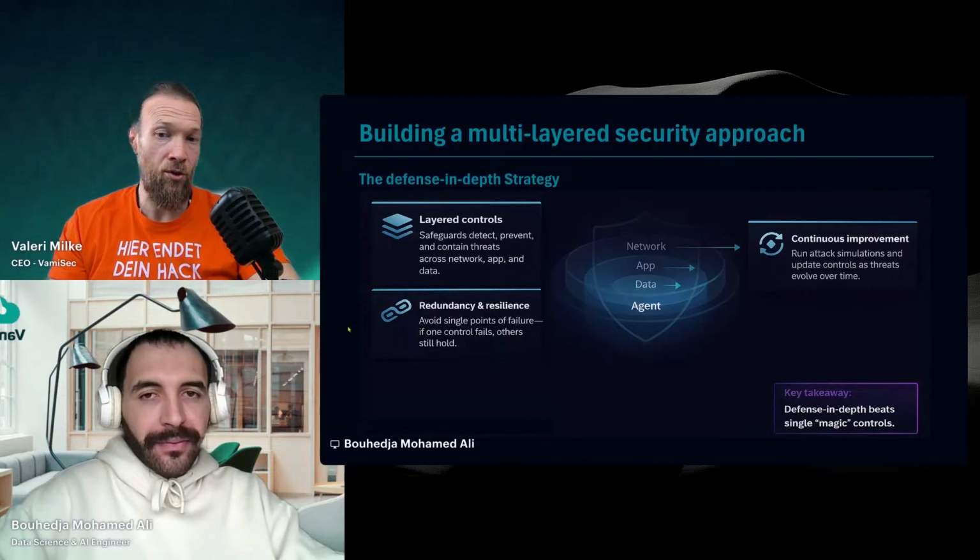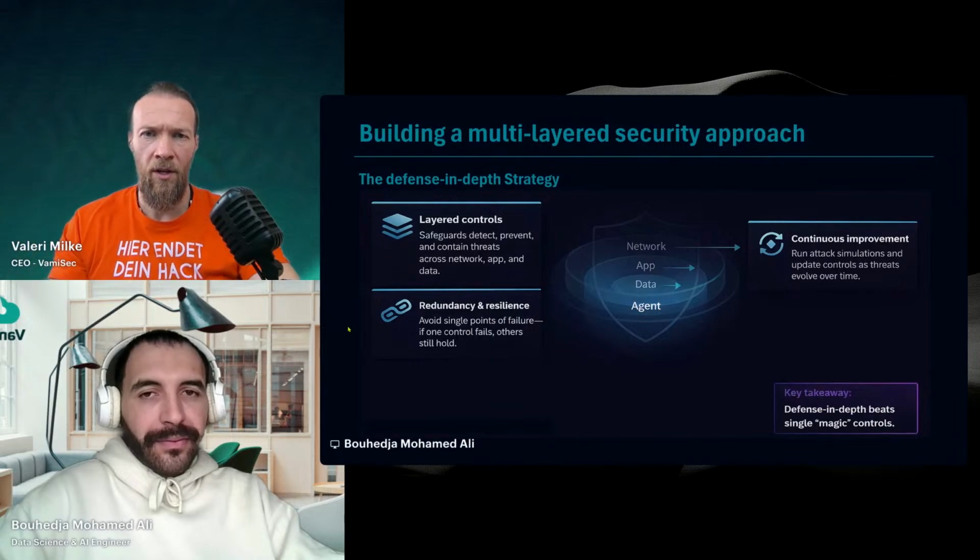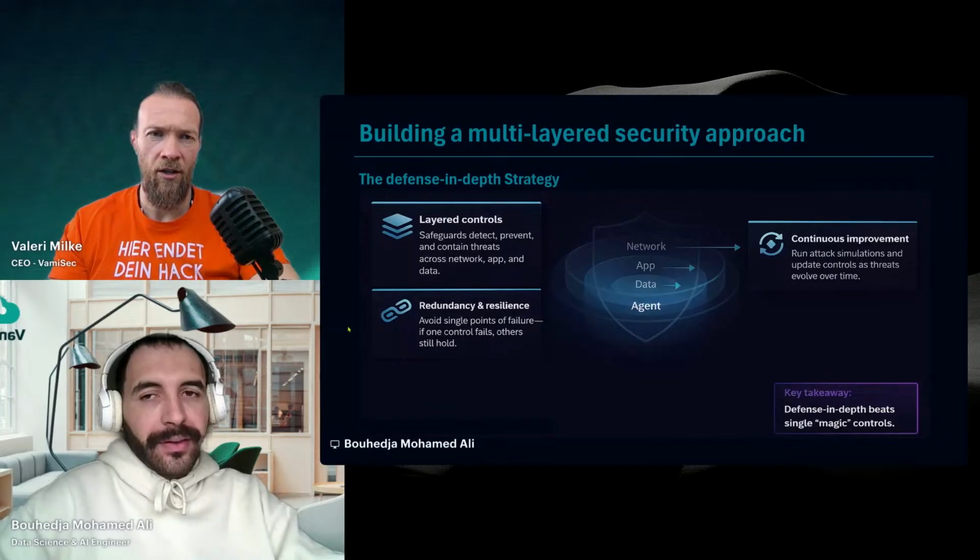Also, existing safeguards are sometimes not very effective, depending on the model you use. Some are effective, some are less effective, and that's why it's very important to look at defense in depth, at different layers,